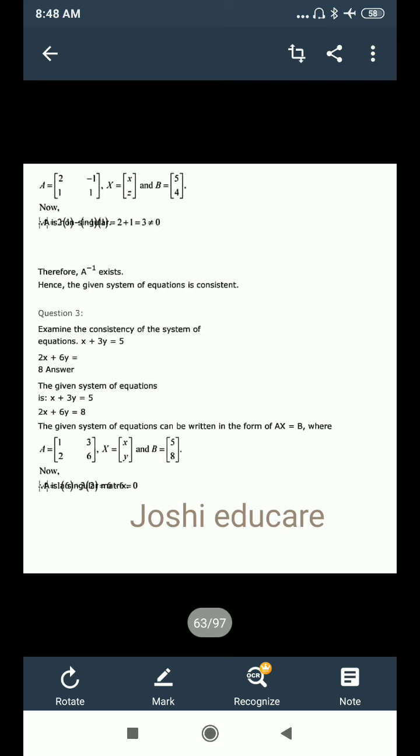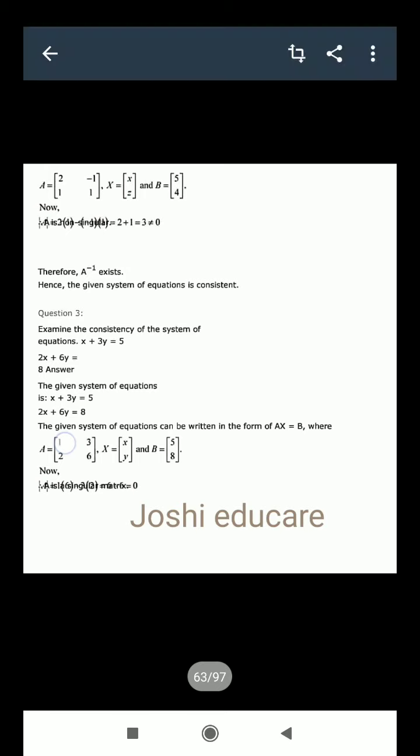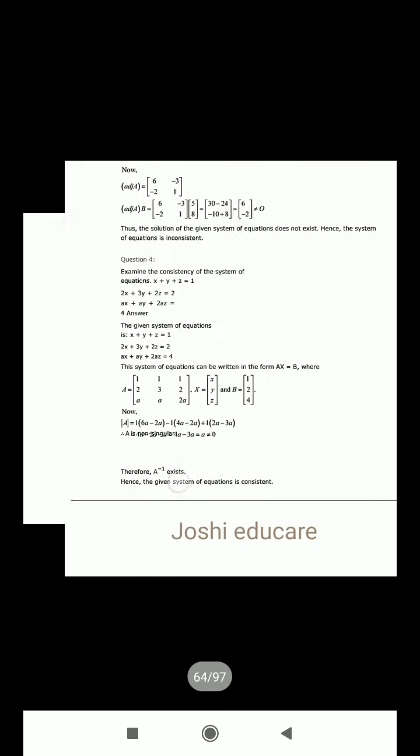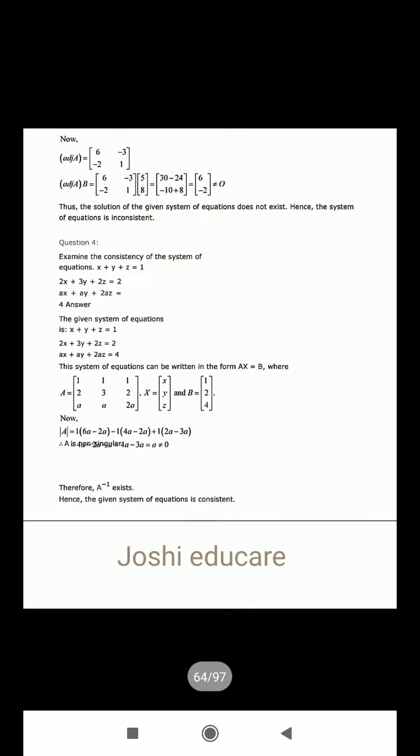Now we will calculate the determinant of A. And you see in this case it is 0. 6 minus 6, it is equal to 0. As determinant of A is equal to 0, then what will be the method? You just see. We will calculate adjoint of A into B now to check the consistency. A student appearing in exam for 2021 need not do it, because consistency and inconsistency is not in your syllabus for this year.